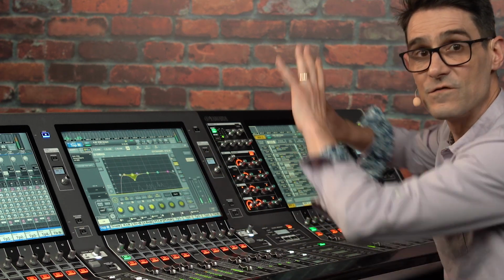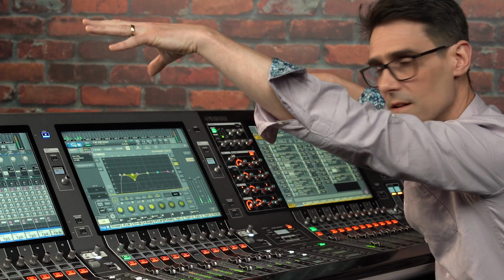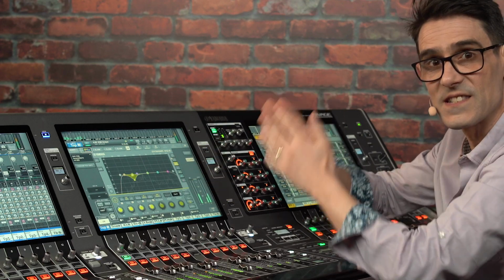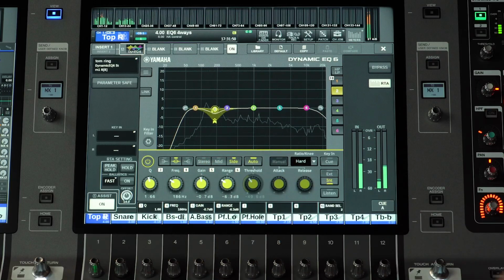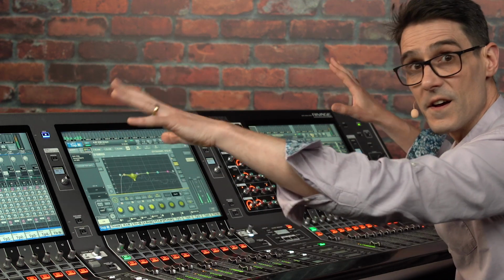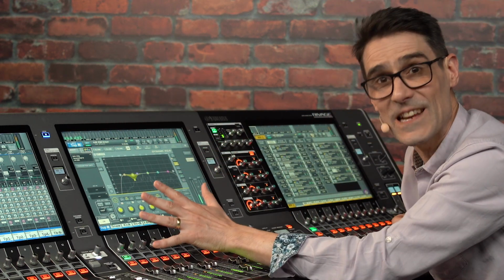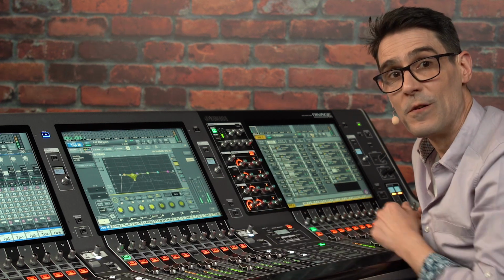Imagine a pair of drum overhead mics. Using mid will apply EQ mainly to the central snare drum sound, while using side will apply EQ mainly to the cymbals on either side. It provides extra scope for creativity and for problem solving.